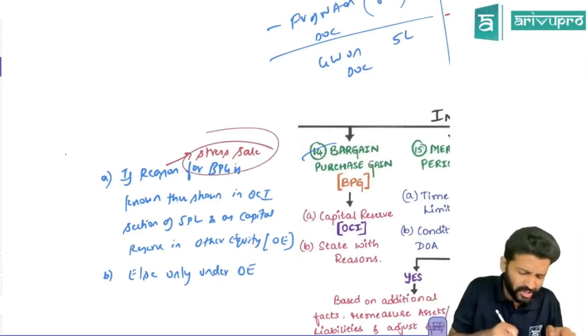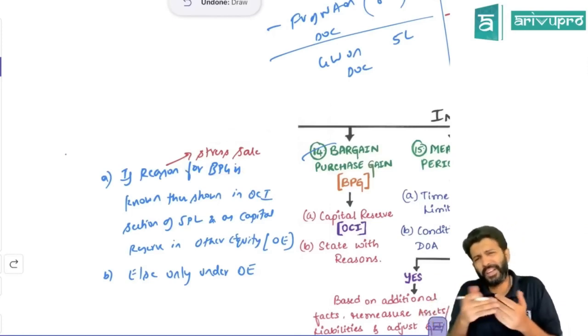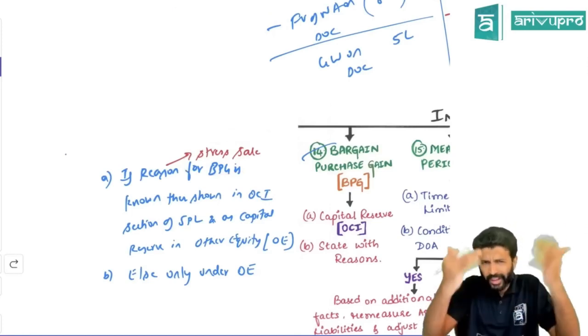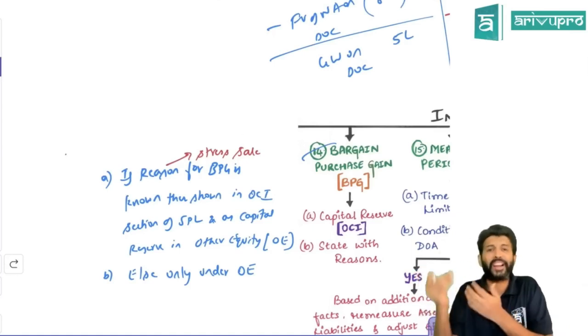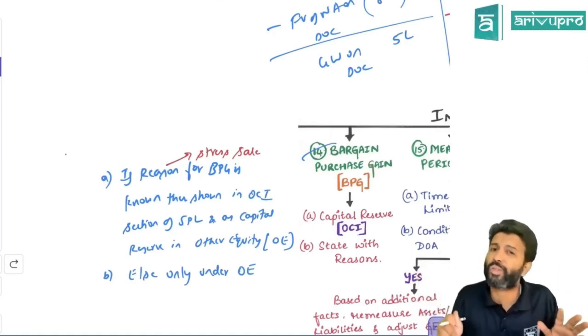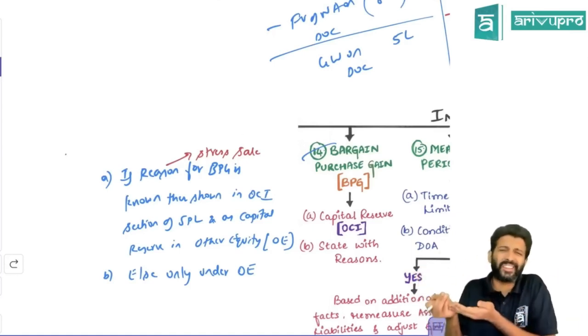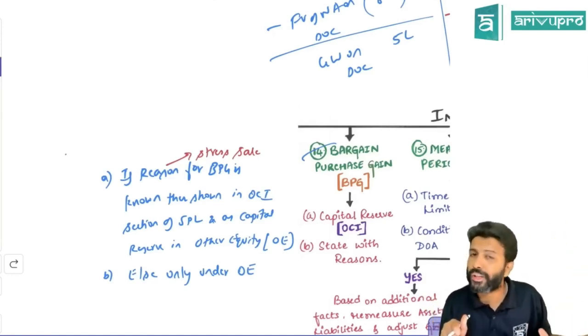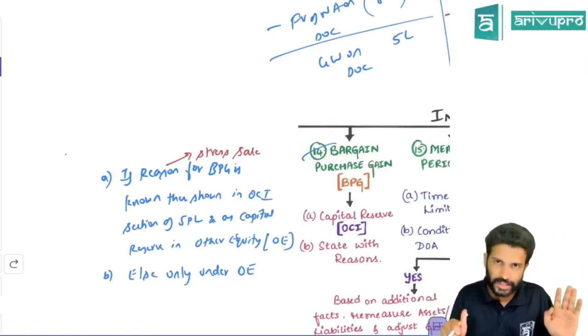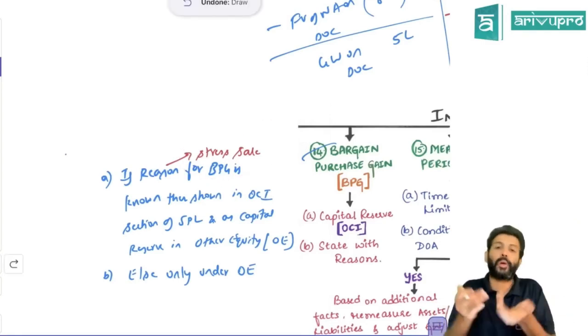One of the reasons could be a stress sale. Let's say a subsidiary company is under losses. They want to get away. They have to pay a lot of money to a lot of people, and a lot of people are asking questions. So they want to sell away the business as soon as possible. If they're already under stress, they may not sell it at their worth. They may sell it a little lower than worth and be done with this transaction. So a stress sale could be one of the reasons.